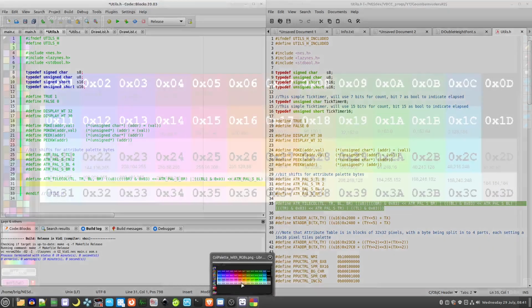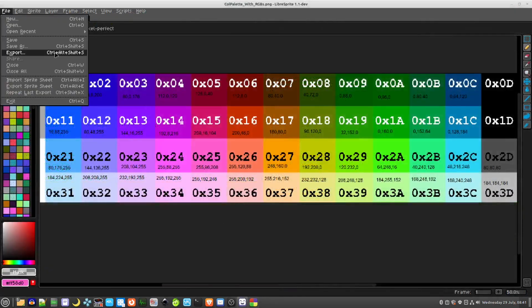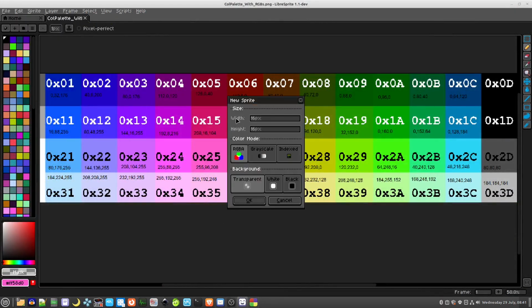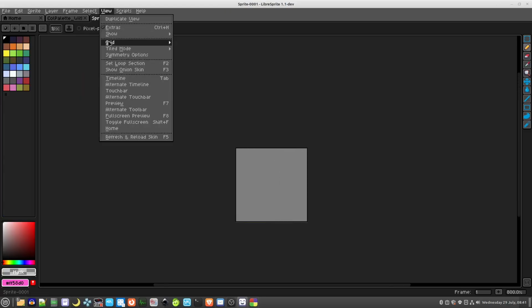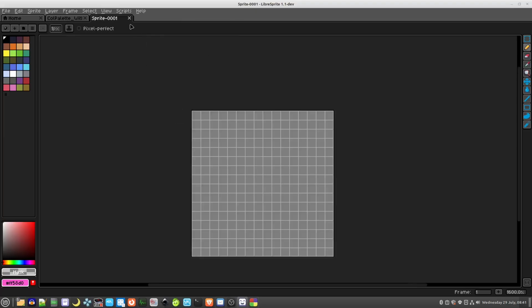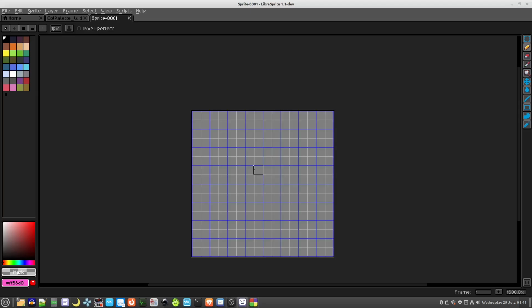I think I explained it in the previous video, but just in case, I will explain it in more detail here. So the way that the attribute table works,